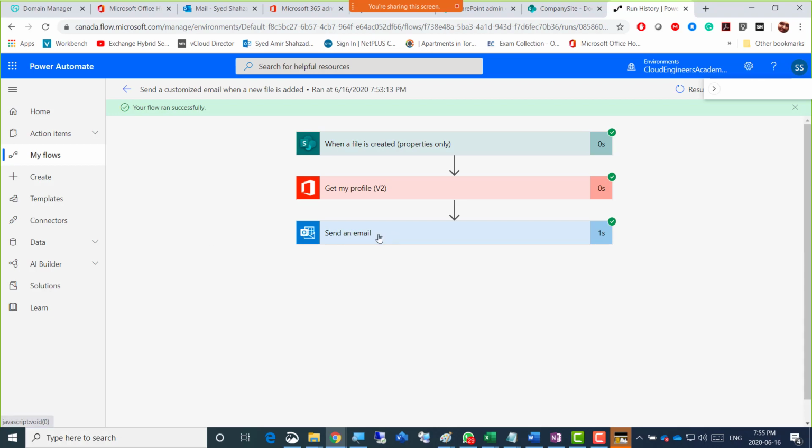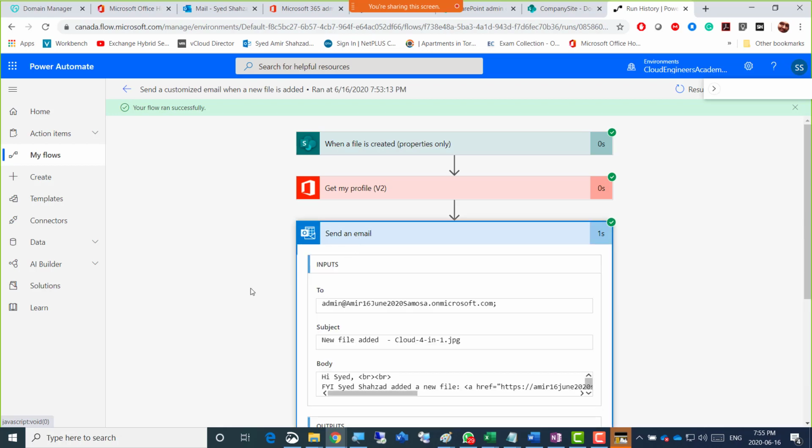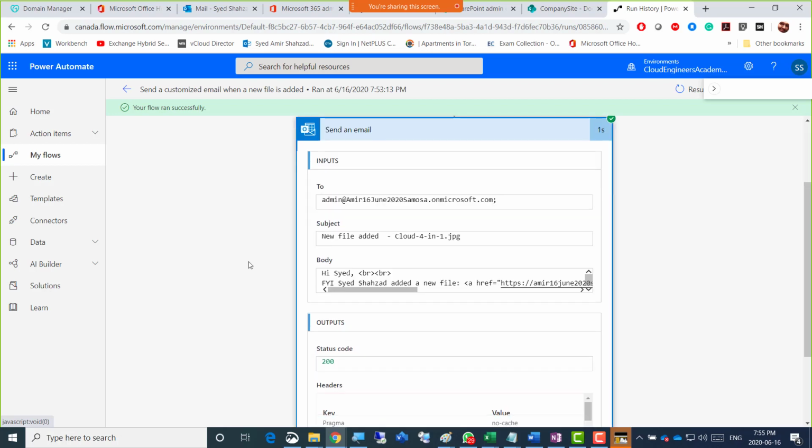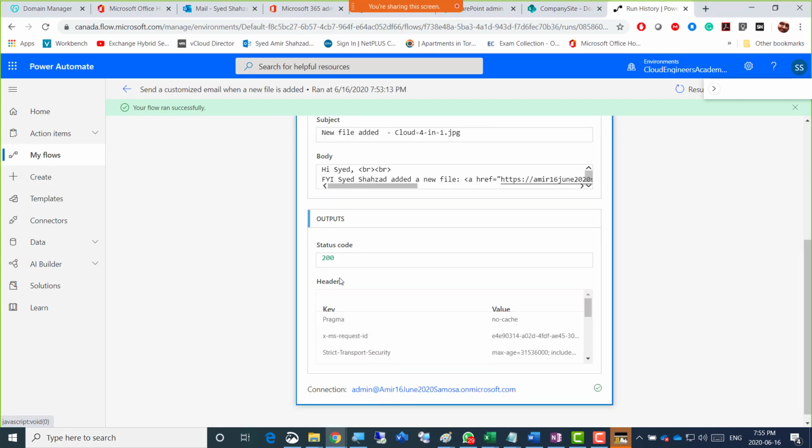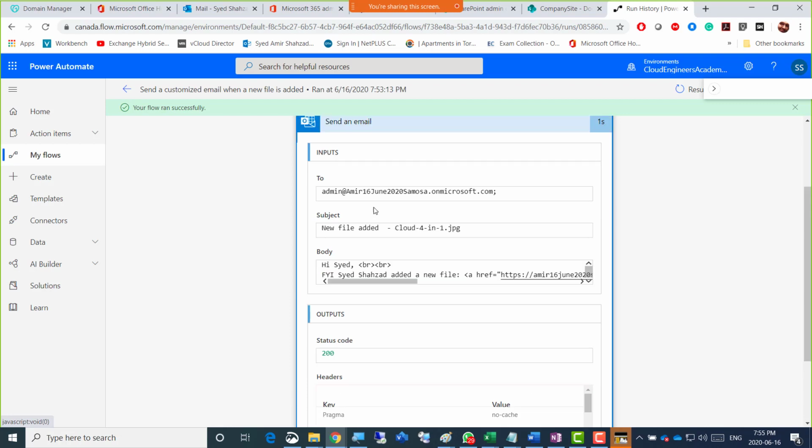And there's a send email here on that Power Automate which I saw. So if I click that send email, inputs to inputs, and then there's a to new file added. You can even change the message here, and output is this 200 second and this, but I could have just put here there's a semicolon here, and it should send that email automatically as the file uploads. It could send it to anyone else as well.